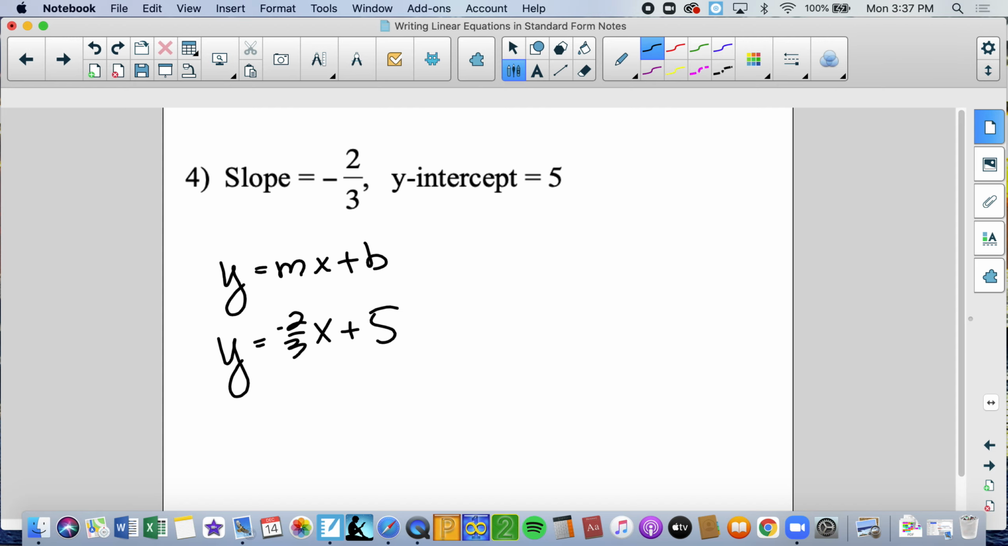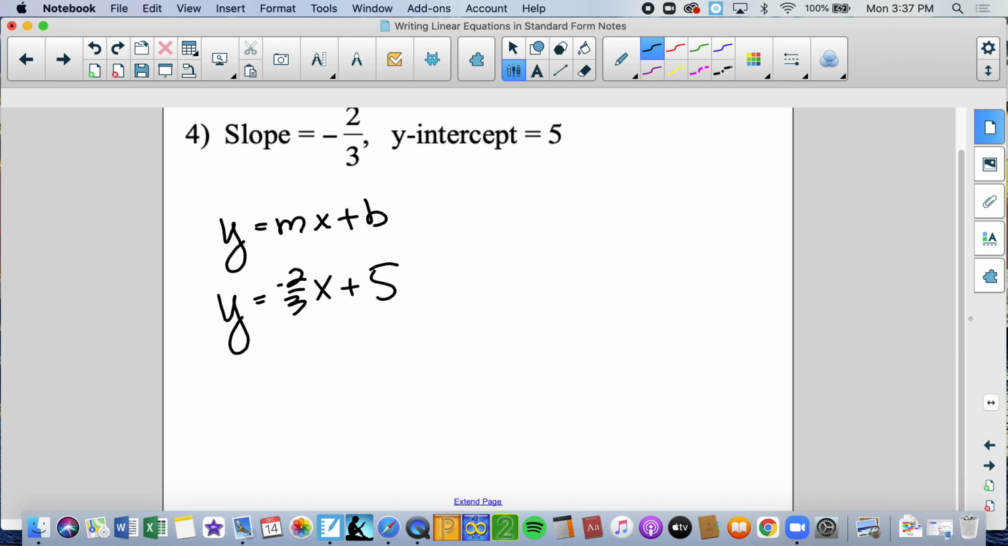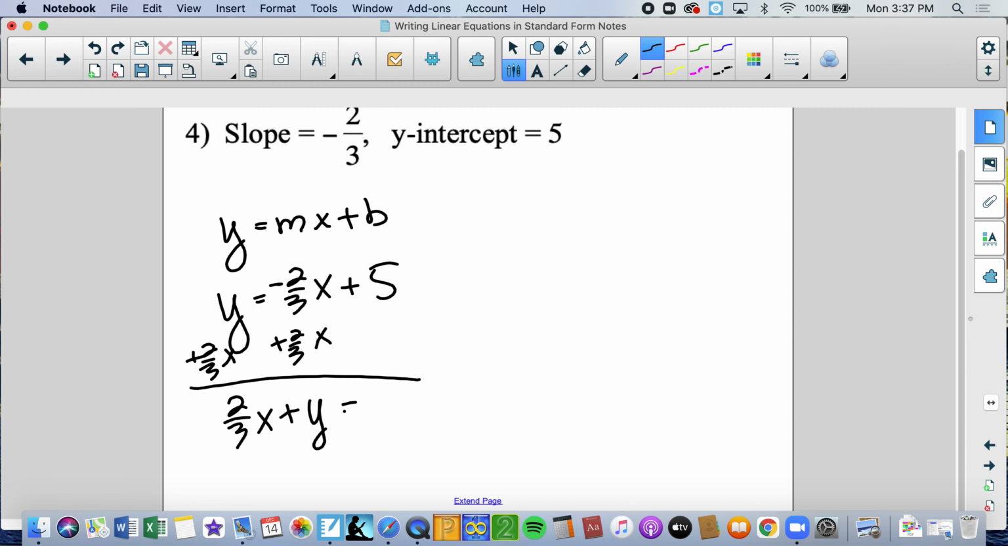We get y equals -2/3 x plus 5. My x is on the wrong side. I've got to get rid of it on the right side, so I've got to get rid of a -2/3 x. So I'm going to add 2/3 x. Those will cancel. So I'm left with 2/3 x plus y equals